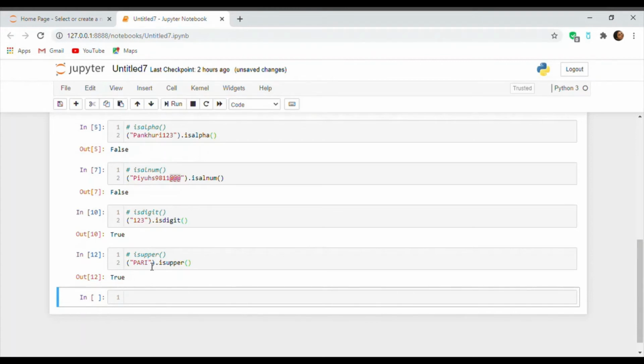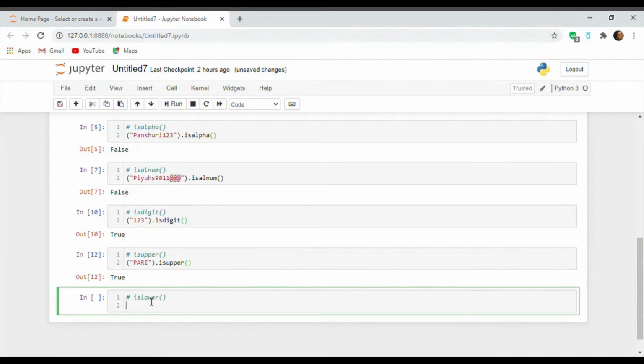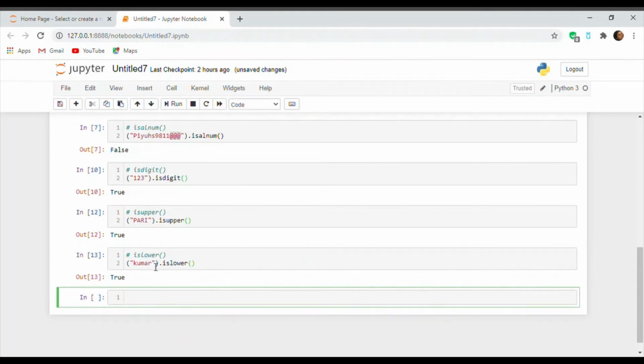Because all the letters in this string are in capital now. Here all the letters of the string are in small letters. That is why we are getting the output as true.